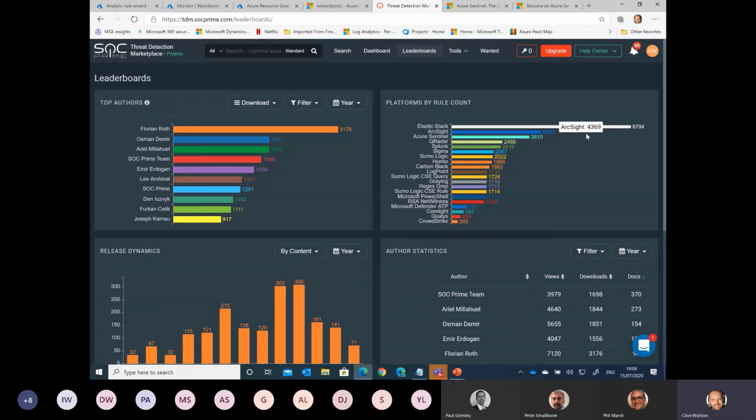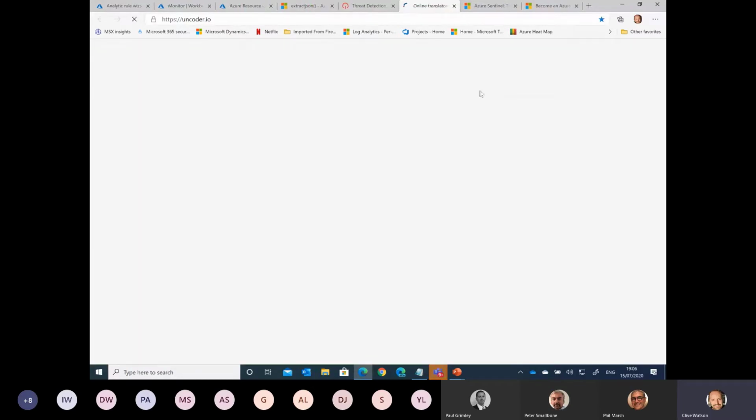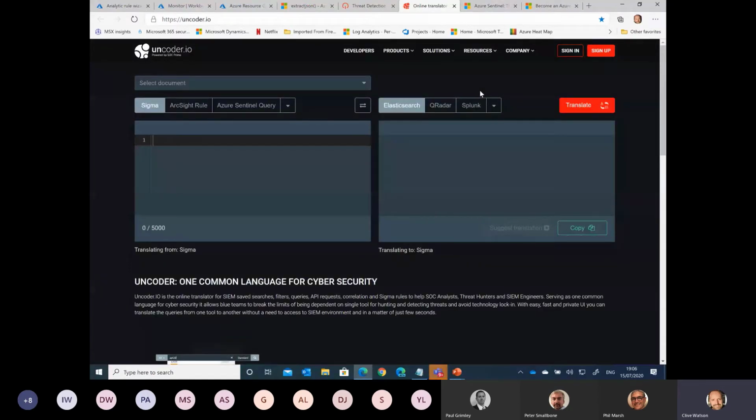So we're really catching up, and we're able to use a lot of alerts from other platforms. One of the big advantages with the SOC Prime tools is that they provided a free tool, and that site was free if you've got an enterprise email address. You can't use an Outlook.com or a Gmail, but if you put in your work email address, you can create